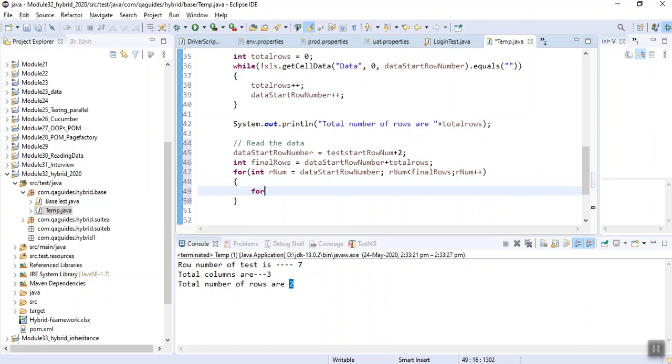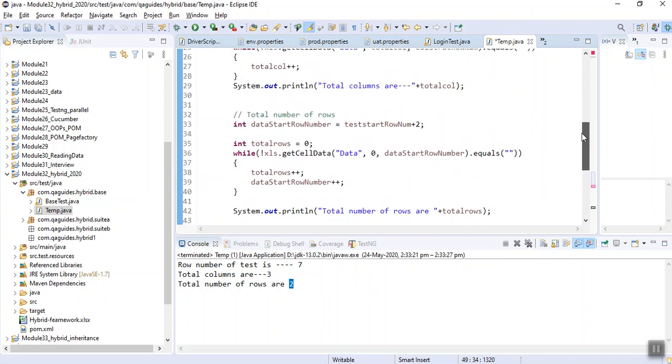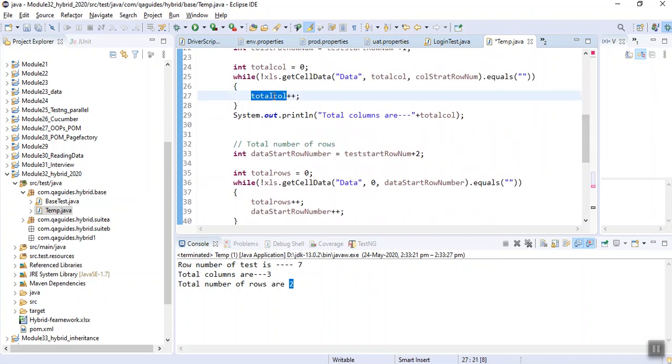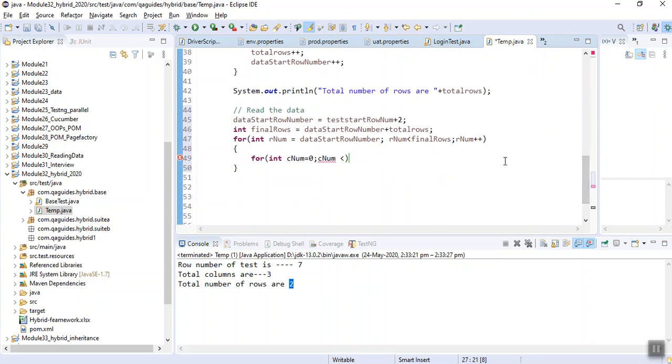So it will be for column number, int c num is equal to 0, c num less than our total columns. It was 3, and c num plus plus.